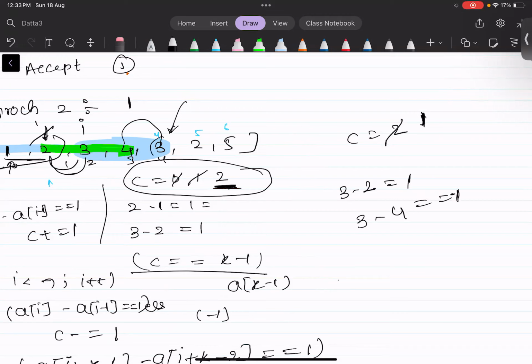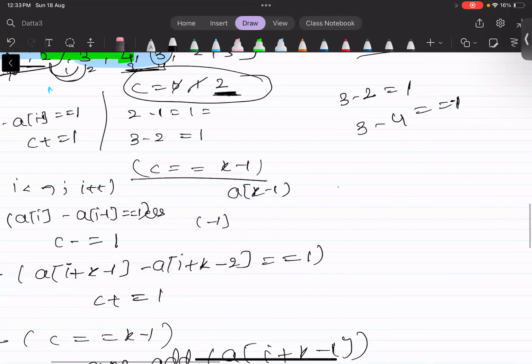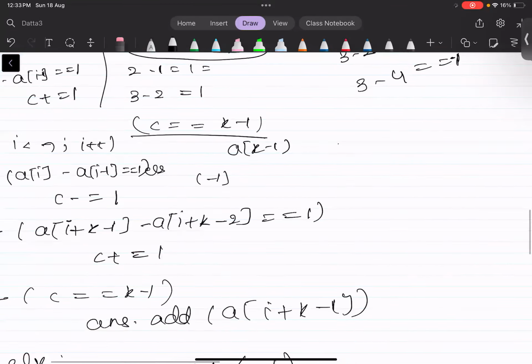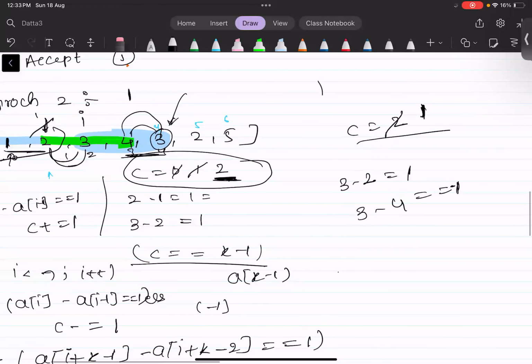So these two will not be increasing, so this will not contribute a value to our answer. In that case, we will not increment our C. So our C will be 1, which is not equal to k minus 1. So we will add minus 1 as an answer for this particular